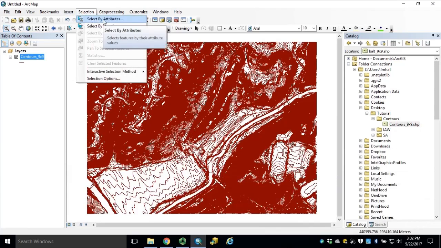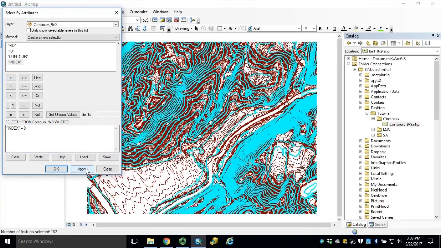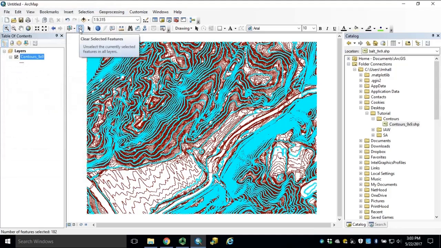From here, we can select our 10-foot index using Select By Attributes, where Index equals 0. Click Apply. Or, in Clear Selection,